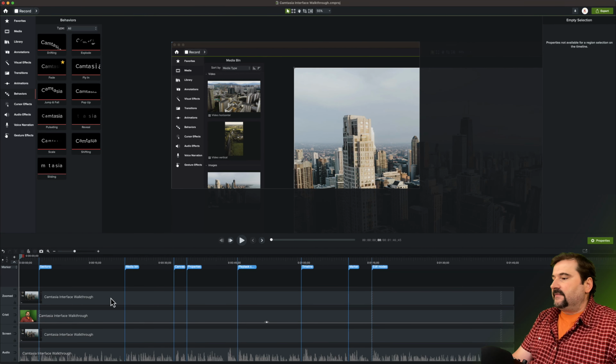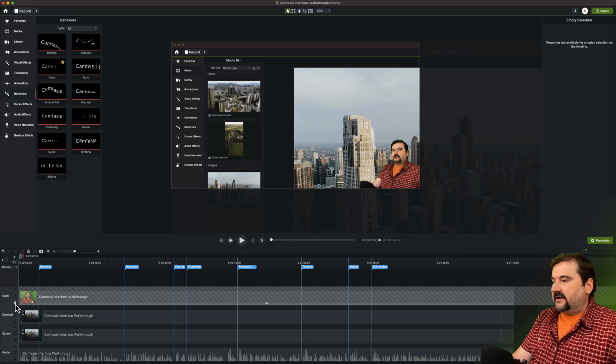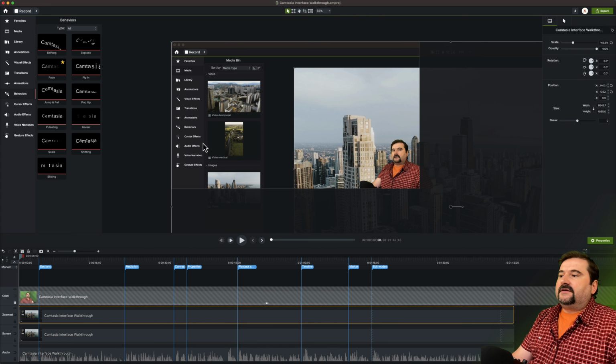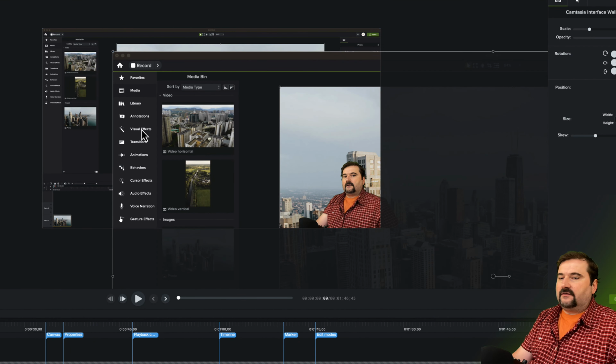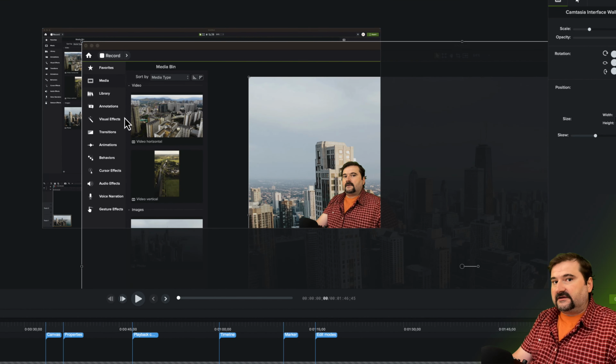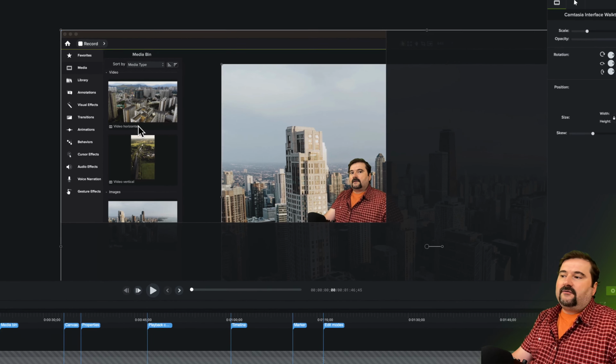I'm back in here. And in fact, I'm going to put my camera on top because I want my camera to still be visible, right? But I'm not going to make any changes to my camera. So I'm going to lock my camera layer like this. Now we're going to deal with this zoomed in version. You see, if I pull it away, it actually is a copy of the other one and it's on top of it. That's important. It needs to be on top of the main screen. So how do we do this?